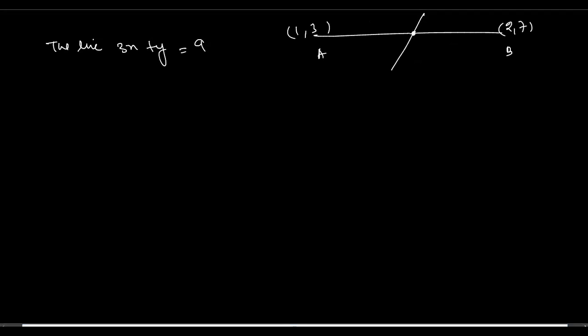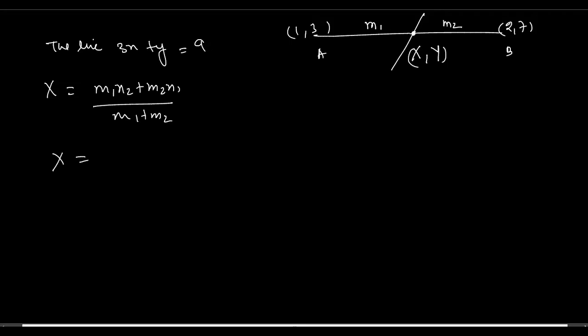Yes, sir. This type of question we have done previously also. So how can we solve this question? We assume that this line is dividing the line segment in the ratio M1 to M2. Then first calculate the point, assuming it is (X, Y), using the formula X equals M1 X2 plus M2 X1 upon M1 plus M2. So you have to write here capital X.